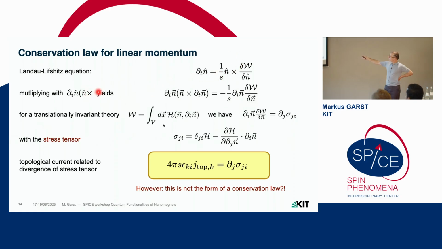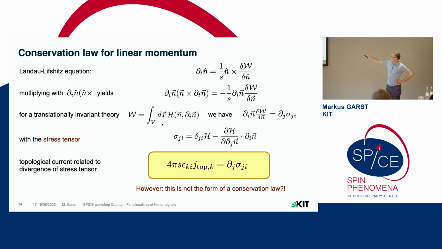So if we do the same operation on the right-hand side, we first apply n cross, so there is this BAC-CAB subrule where we can simplify this expression, and then we apply the spatial derivative of n, then it turns out we just get this. So this is essentially the spatial derivative of n scalar product with this effective magnetic field. Okay? So now this expression